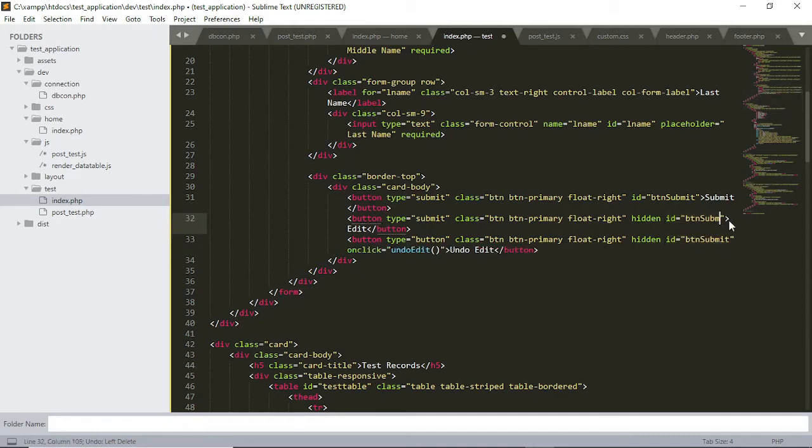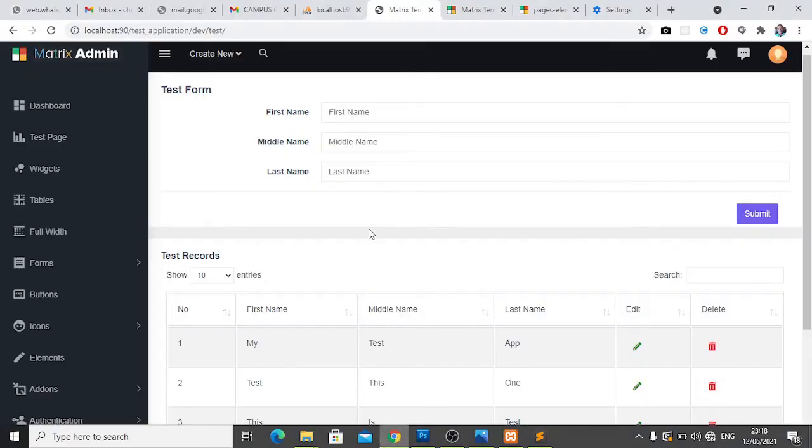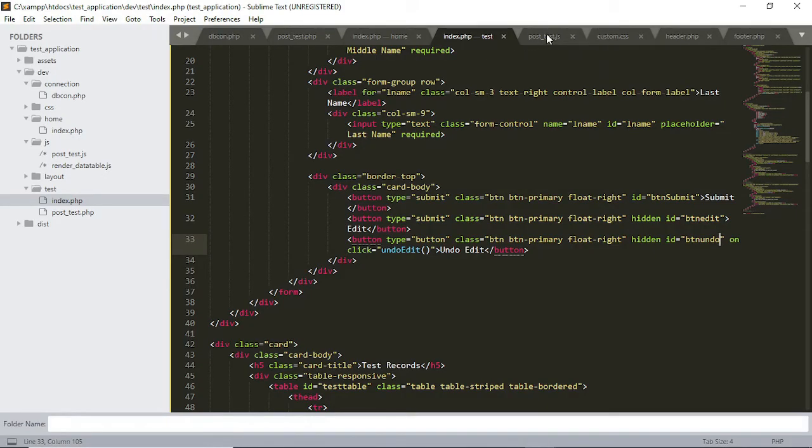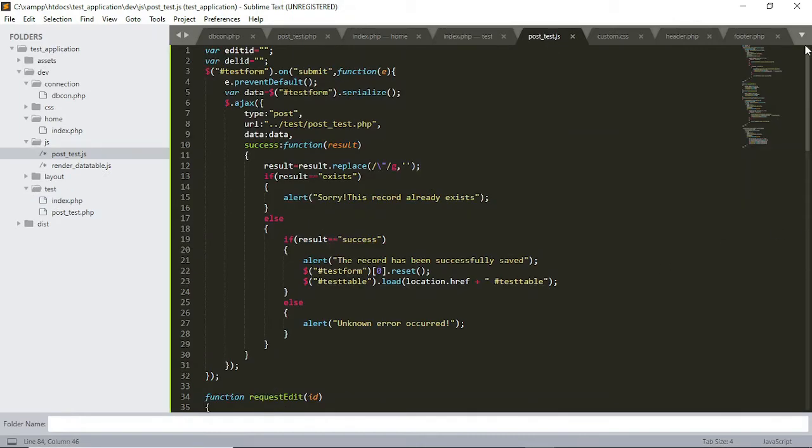So this one becomes btn edit, and this one becomes btn undo. So we can come back to our JavaScript code. Then at the top,